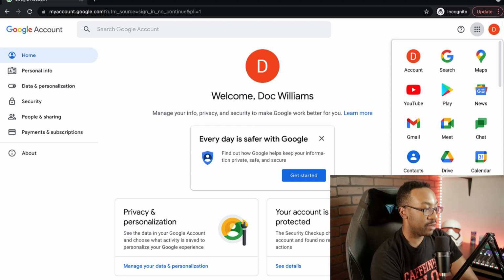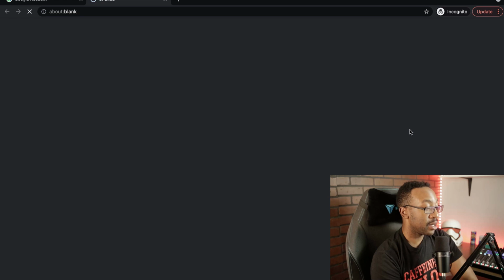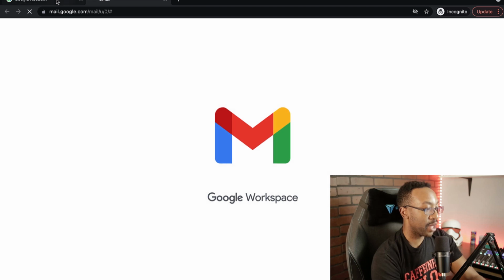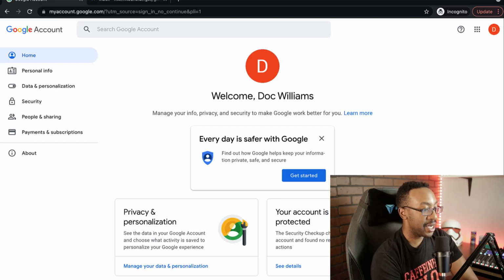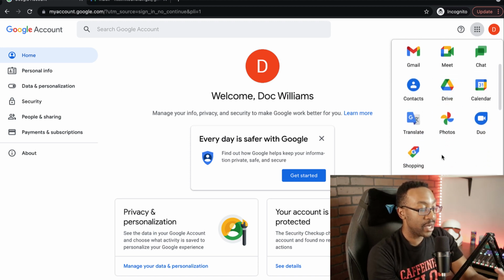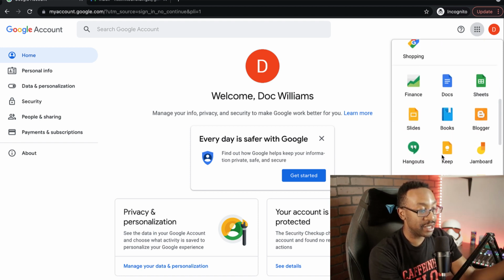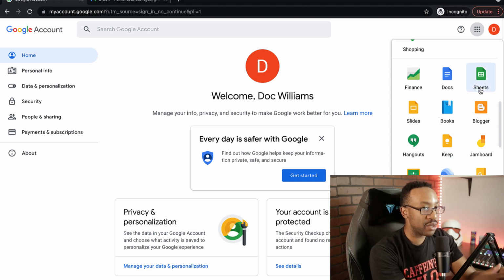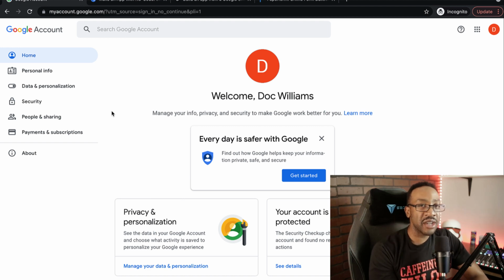What is the power of having a Gmail or a Google account? Number one, you now have an email address that you can log in and you can get emails or sign up for different platforms and those things. But more importantly, now we have the different suite of products that we can use with Google. We now have access to Google Drive and Google Docs and Sheets. Specifically Sheets, this allows you to now use the power of your Google account, these different products, to create no-code apps. This takes us to the 3 no-code platforms that utilize Google products.